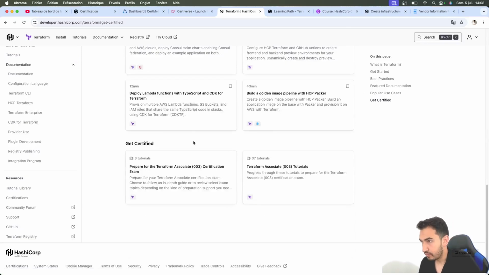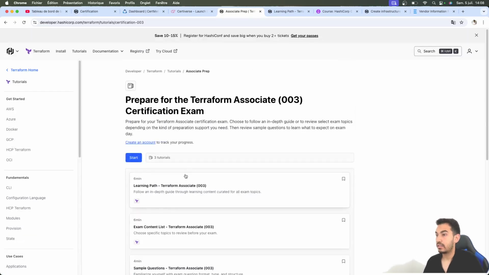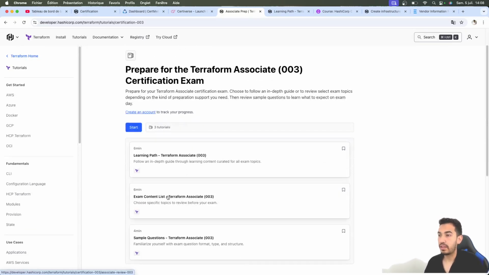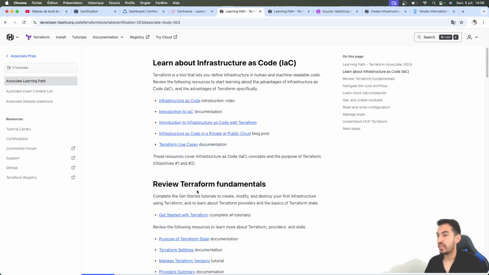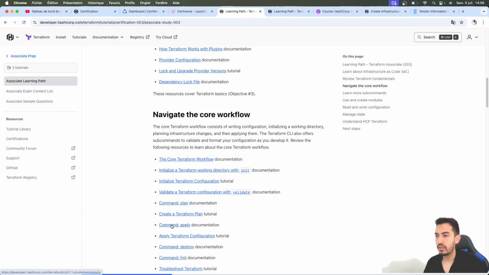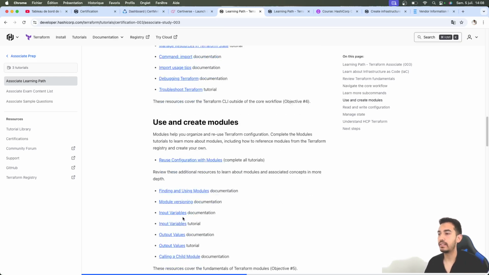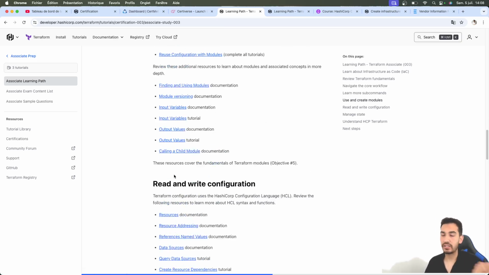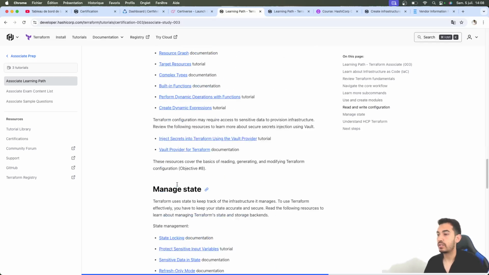So, to prepare for your exam, I started with the official Learn HashiCorp site. It's free and official, with a learning path and many other documentation pages, like what is a provider, commands like Terraform plan, apply, validate, module versioning, input and output values, calling child modules, resources, states,